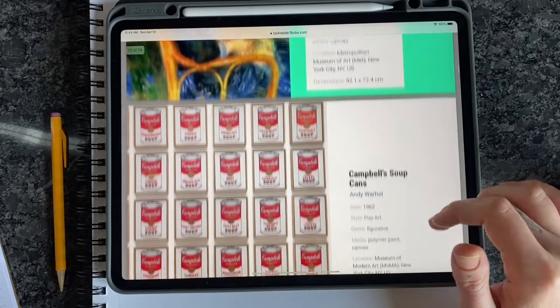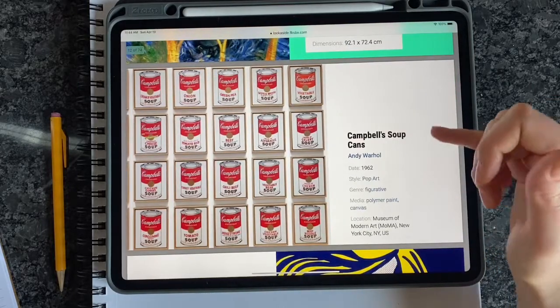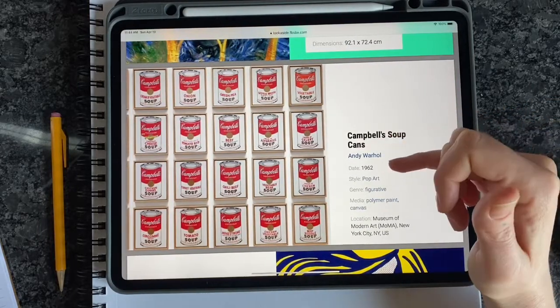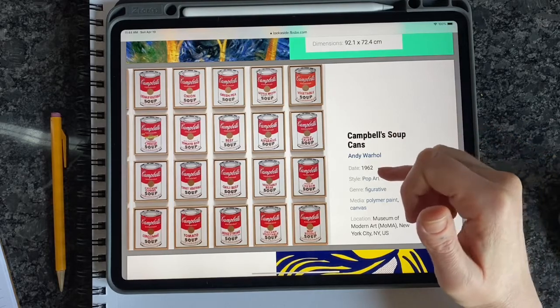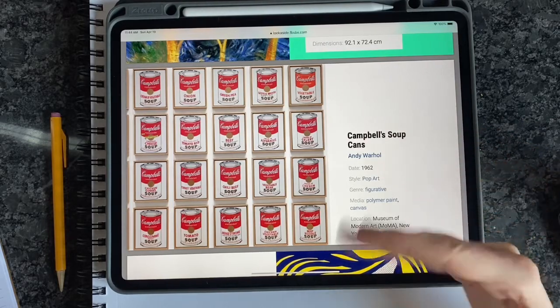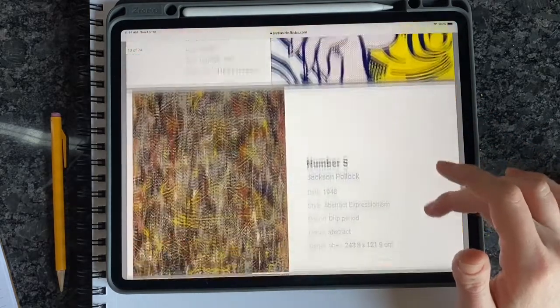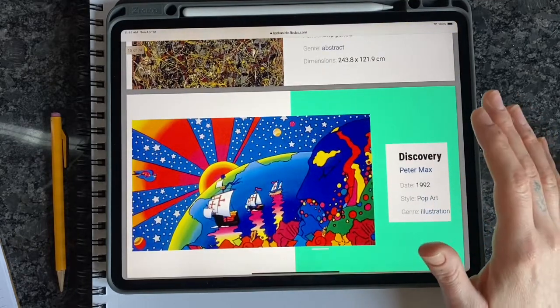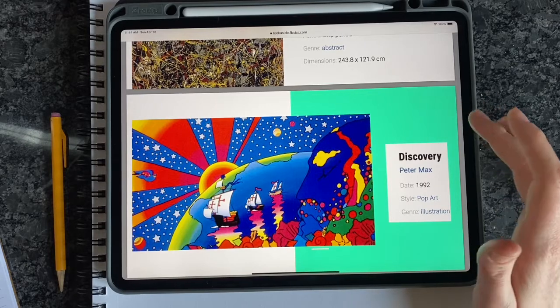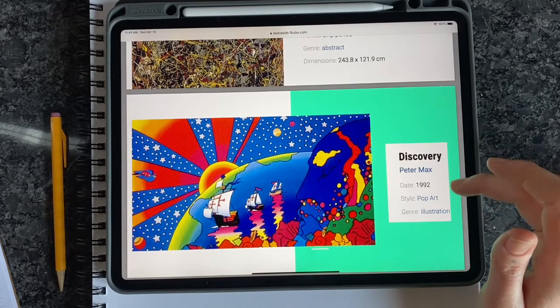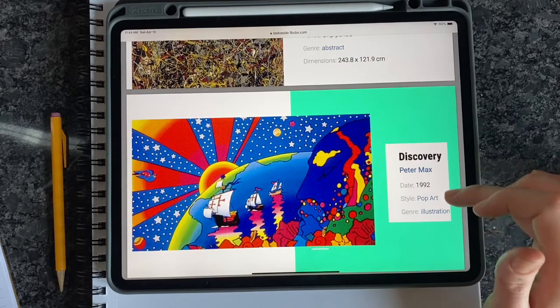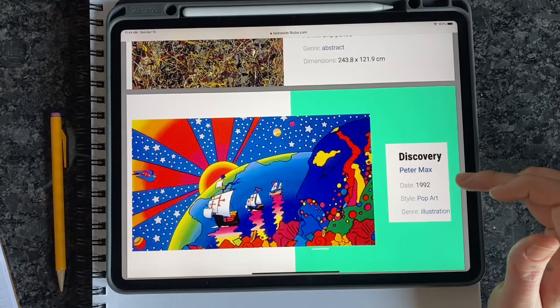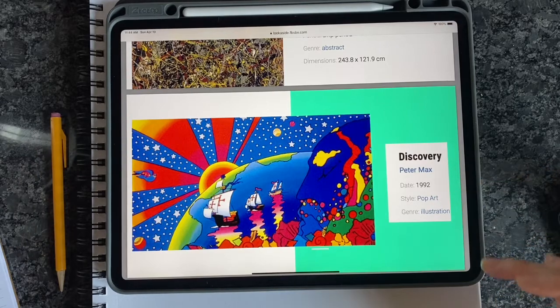And the great thing about this slideshow she created for us is that it tells us the name of the artwork, the name of the artist, and what year it was created. So it's got all this information, which is really fantastic. Once you find an artwork that you think you would like to appropriate something from, try to learn a little bit more about the artwork. Look up who the artist was. Look up the date it was created. One thing that's really helpful is finding out what was going on in the world at that time.